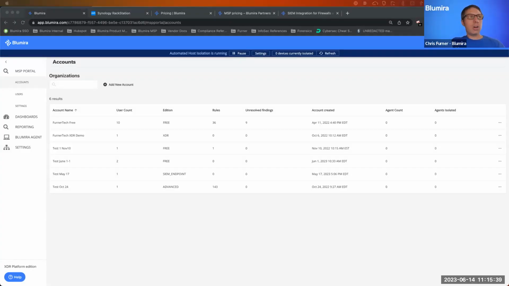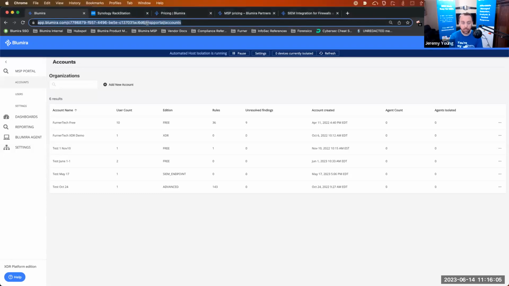All right, so hopping in here in the product, the first thing you're going to see when you log in is going to be the MSP portal. So if you see this, you're in the right place. You've got your account set up as an MSP, you're good to go. If you don't see this MSP portal here, you probably have something going on with your account that isn't set up to designate you as an MSP. So probably you're signed up for our free edition. And if that's the case, just go to